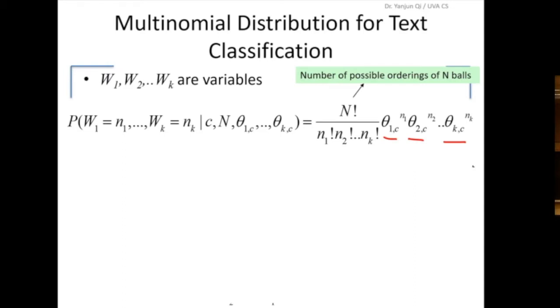So I already said, for a multinomial distribution, what you need to know is first the whole number of times you observe the event, right? And the second is theta 1, theta 2, until theta k, conditioned on the C. And this is actually the model you need to observe. So let's assume this is called theta